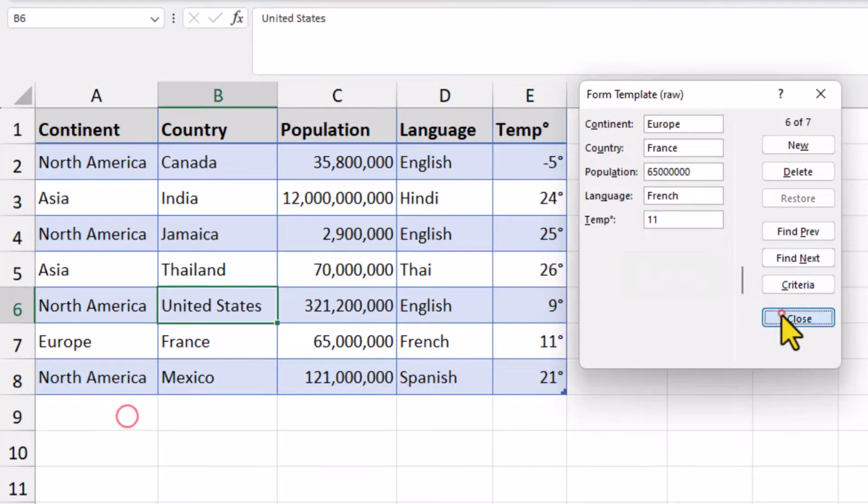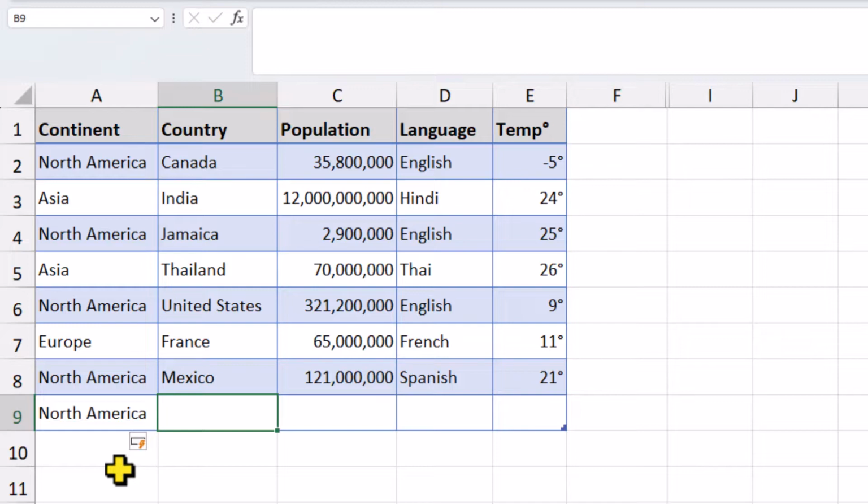These are some of the ways we can introduce a basic data entry form into our life. We can still add records the traditional way,